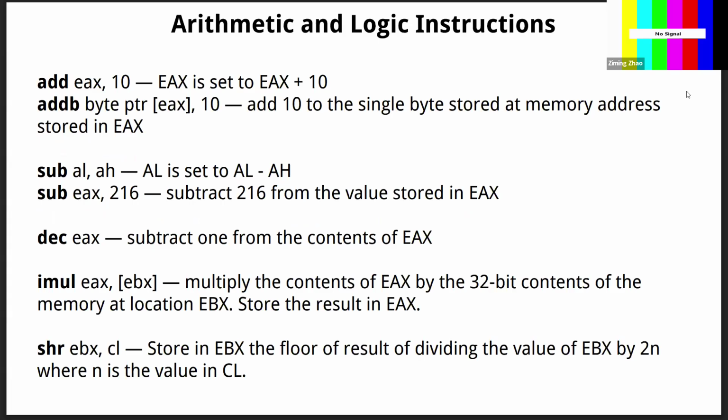So the arithmetic instructions: addition, you can add a number to a register. You can add a number to a memory location. In the second instruction here, we do not necessarily have the B there. We are adding 10 to the memory location where EAX points to. We can also subtract something from 2 registers, or a number from a register. DEC is decrement, which is just minus 1, or subtract 1. The reverse operation is INC, increment. We can multiply the content using the MUL instruction, and also we can shift the values, using SHL, shift left,